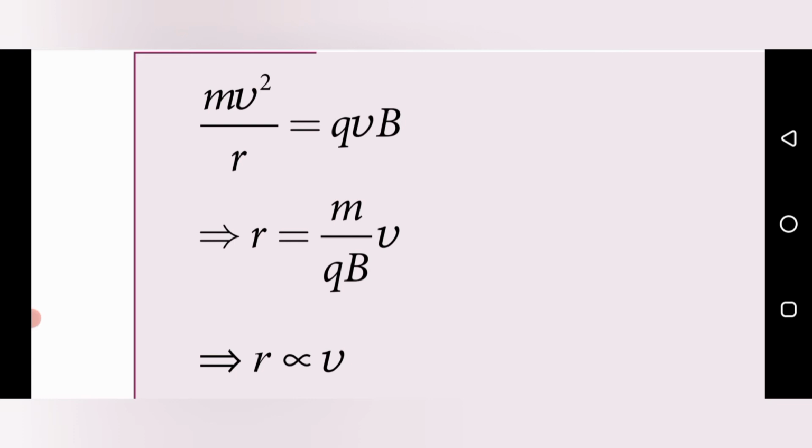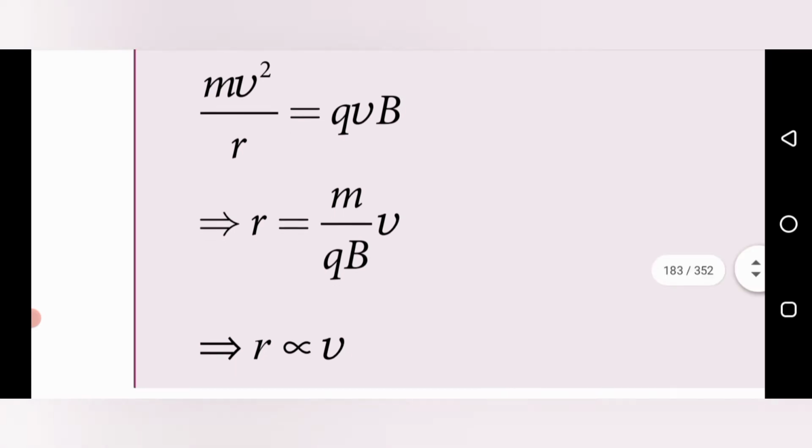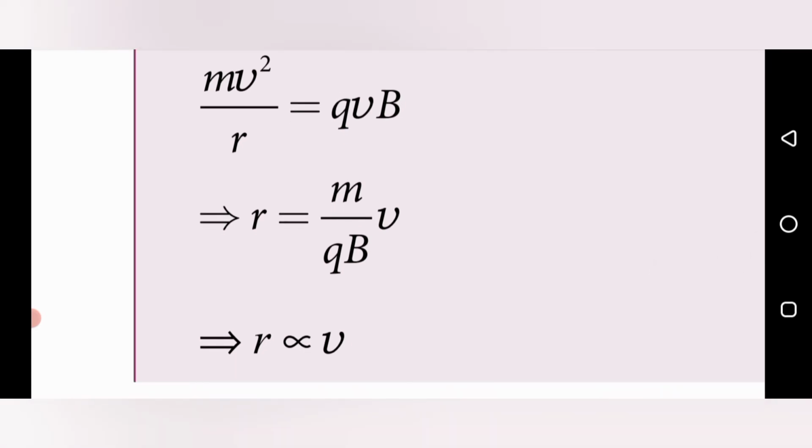Here the constants can be directly or inversely proportional to r, so we remove the constant, and that's why we introduce the proportionality symbol. So r is directly proportional to v. From this equation, an increase in velocity increases the radius of the circular path. This process continues, and hence the particle undergoes a spiral path of increasing radius. Hence it reaches the edge value, with the help of the deflector, and it is also referred to as a target T.